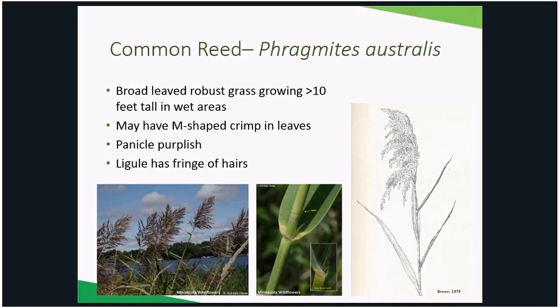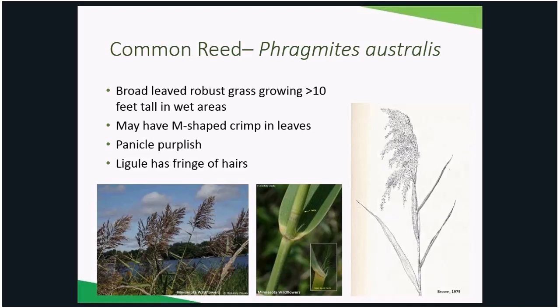Again, this is the one that I mentioned earlier when we talked about smooth brome that may have an M-shaped crimp in the leaves. I've been out identifying grasses and noticed a crimp in the leaves and couldn't quite figure out what I was looking at until I took into account the habitat, so the wetness of the area, and the robustness of the grass. And then I realized I was looking at Phragmites and learned that it puts out an M-shaped crimp sometimes, just